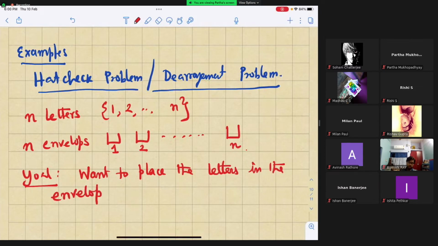I mean, each envelope will contain exactly one letter, such that